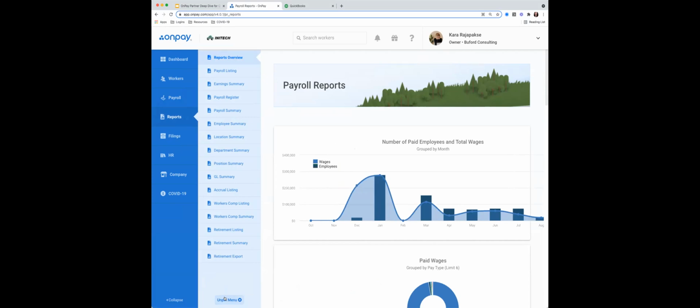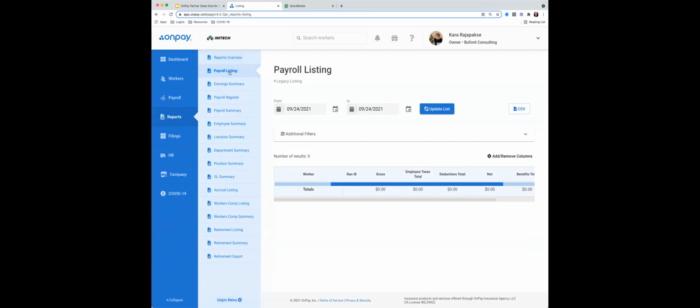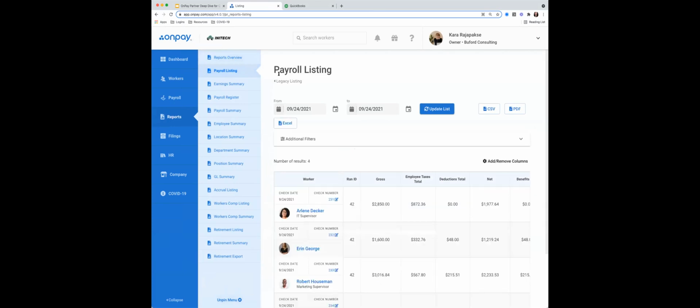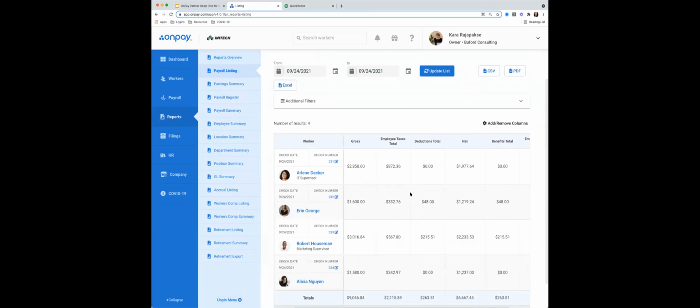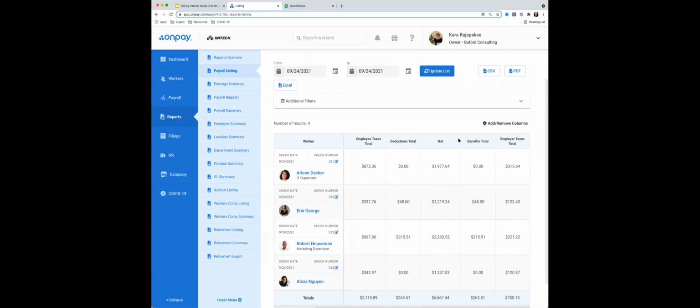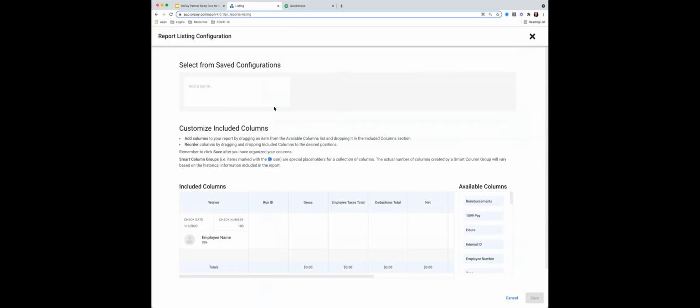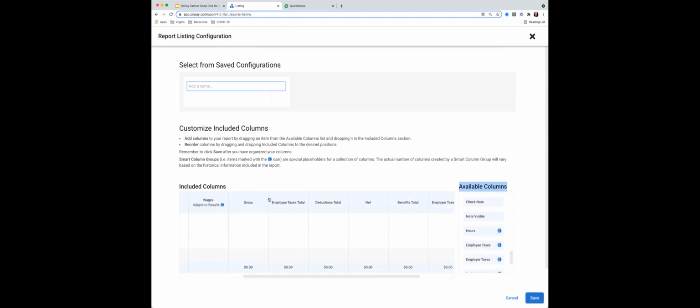Now, a wide variety of reports are available, some of them, like payroll listing, we have quite a bit of flexibility. I've got the framework of this report that's already been created. But if I go to this gear icon, or flower icon, I heard that recently and I love it. It is a gear icon though. So if I go to this gear icon, I can name that report whatever I'd like it to be. I am able to take the data points under available columns, and I can drag and drop that column header over, reorganize the report, and just really make it my own.